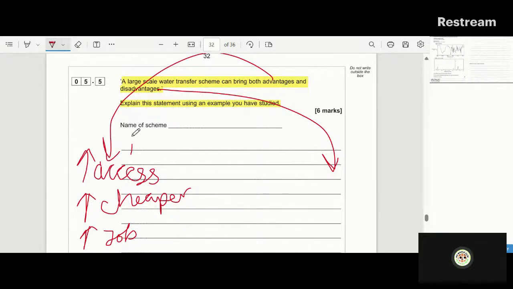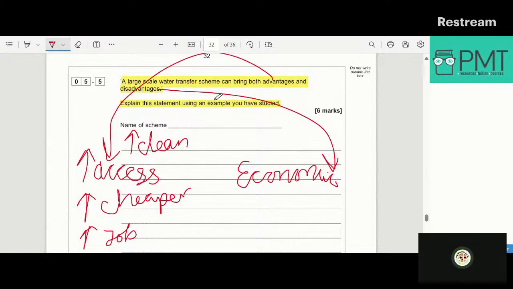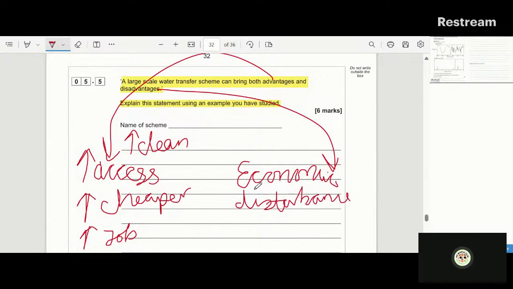And finally, you can also discuss how the water is clean. If you have access to clean, potable water, that improves the lifespan of individuals, locals, and improves the morale. Disadvantages of a large-scale water transfer scheme: there's obviously going to be high economic costs for the construction of the water transfer scheme itself. On top of that, there's going to be an environmental consequence. There's a lot of disturbance to local habitats, especially if you're relying on hydroelectric power,